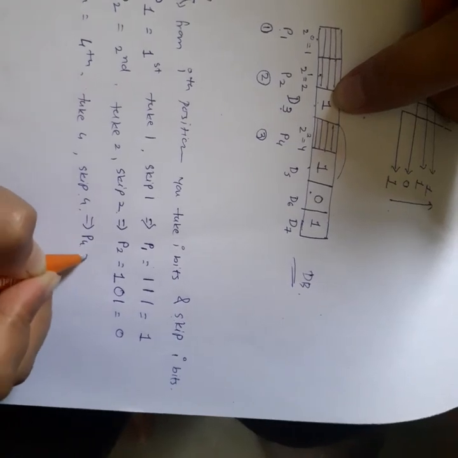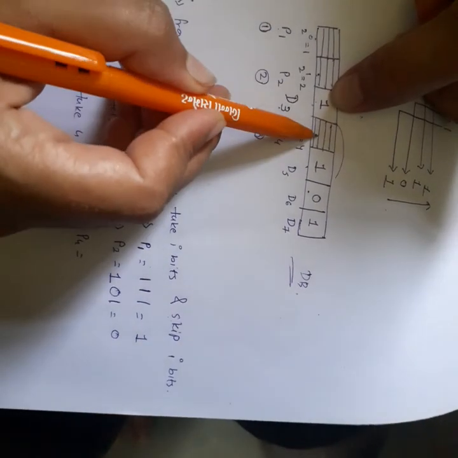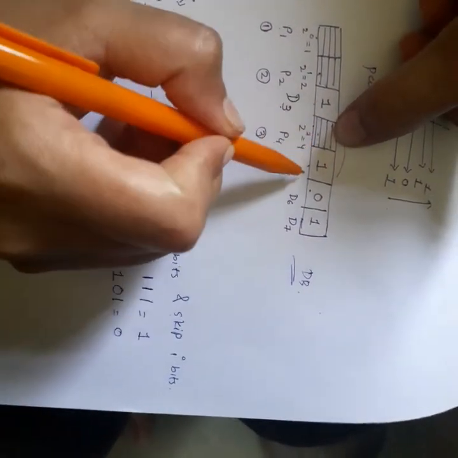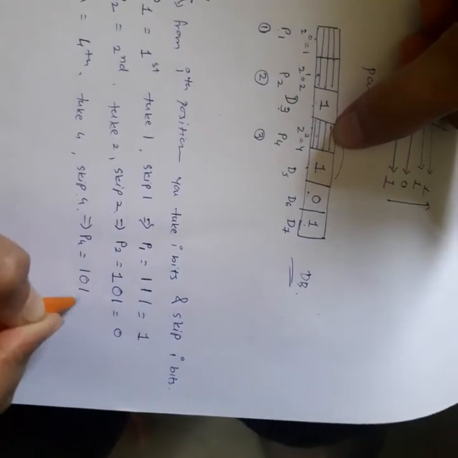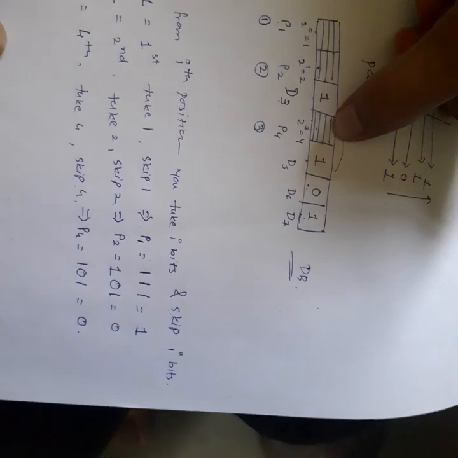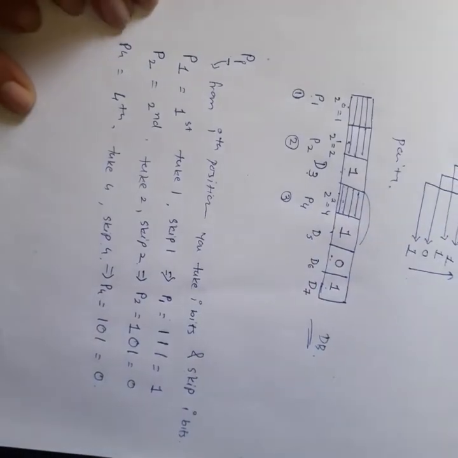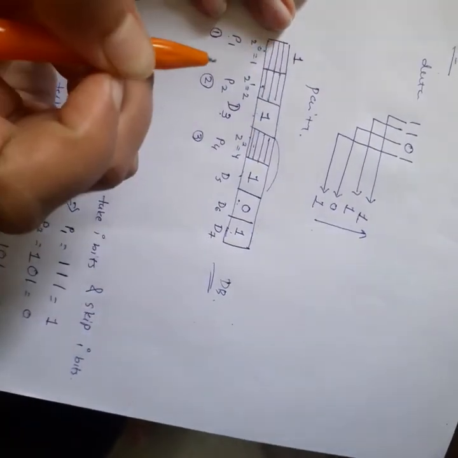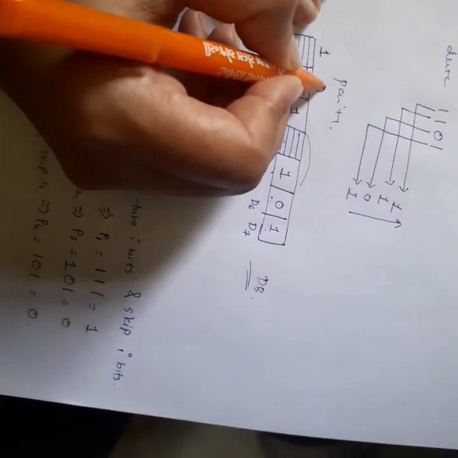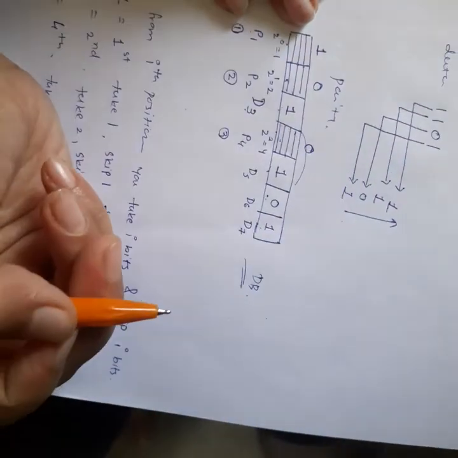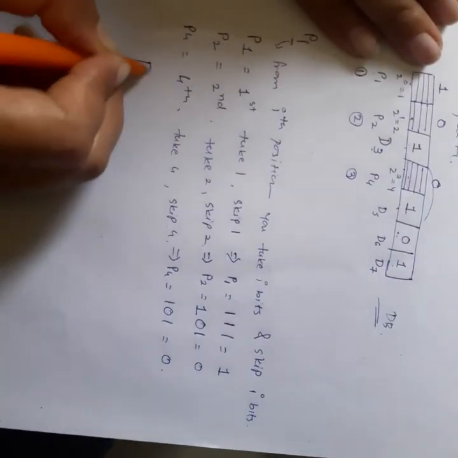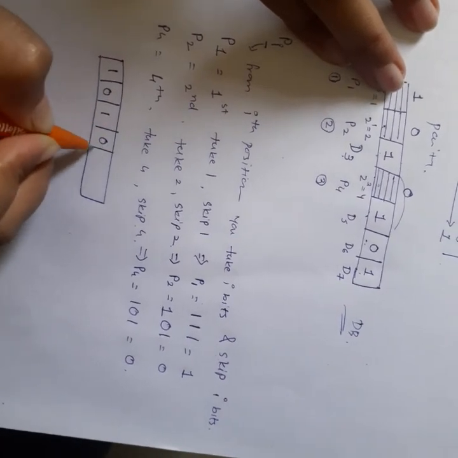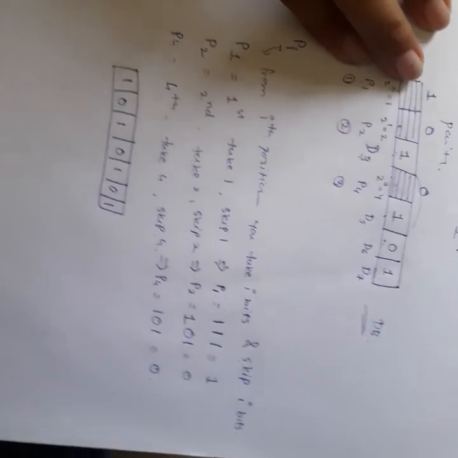Let us calculate parity number 4. Parity number 4 means from the 4th position, right? So for parity number 4 we are supposed to take 4 values. So 1 we do not know, 2 3 4, 1 0 1, an even number of ones are there, so it would have value 0. After calculating this, the user is going to put these values over here, right? So my parity number 1 has value 1, parity number 2 has value 0, and parity number 4 has value 1. So if you see here, we will have one new data block. According to that data block, 1 0 1 0 1 0 1, this many values would be there.